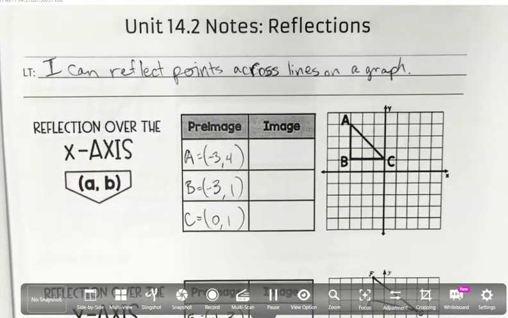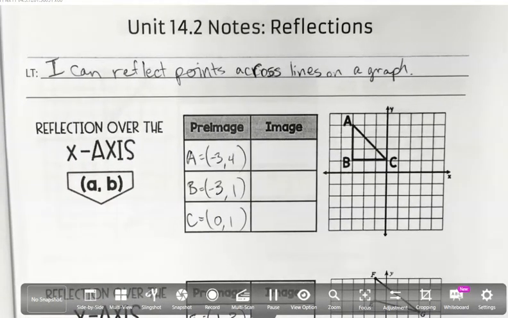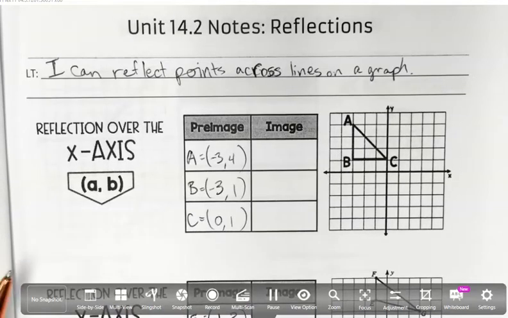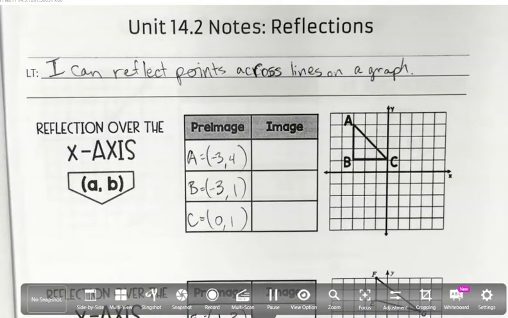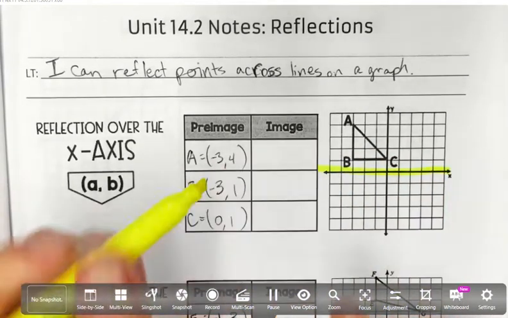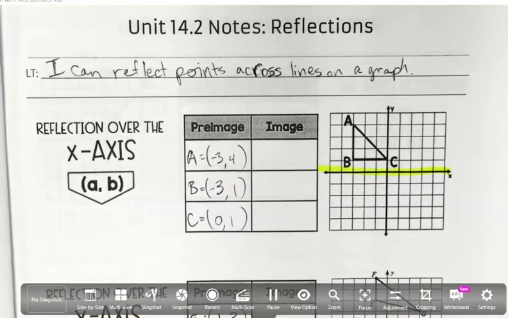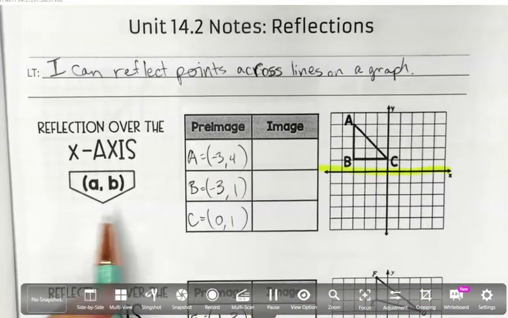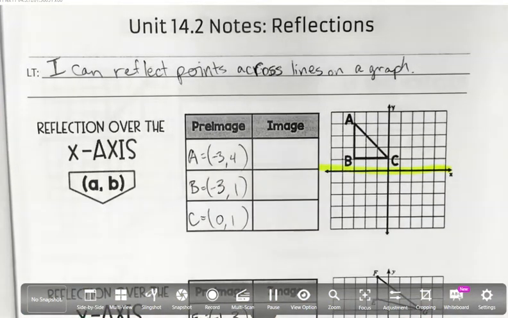And when you think of reflections, I want you to think of a mirror. And when you look at a mirror, the same thing looks back at you. All right, so these shapes are going to mirror each other across a line. So I have my x-axis. I'm going to start by finding my x-axis and highlighting it. All right, and then once I've done that, I have on this cheat sheet